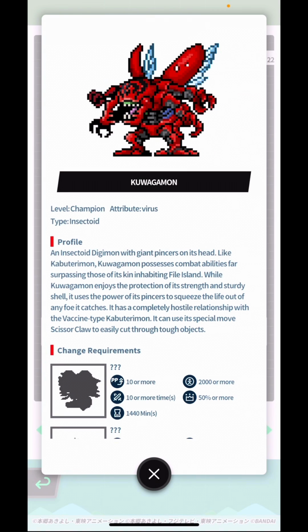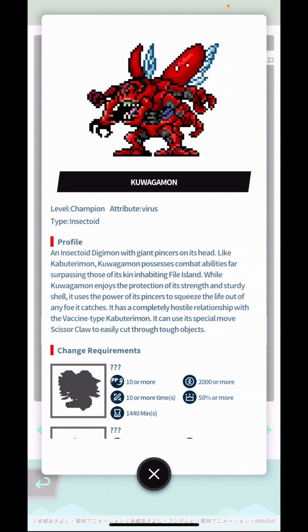But yeah, that was the Folder Continent, and in this case Kuwagamon was also featured in Folder Continent. It was featured in Digimon Pendulum and in the one that is called Nature Spirits, if I'm not mistaken. It's a Nature Spirits device, and that's where it appeared. Kabuterimon also appears in Nature Spirits.